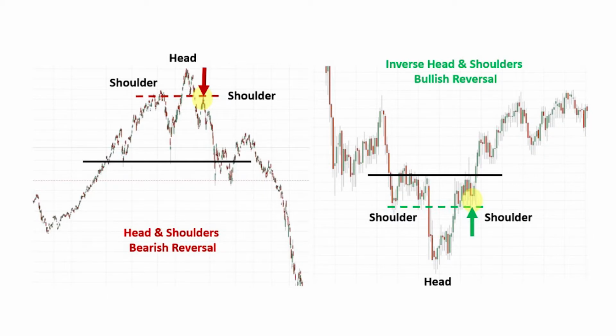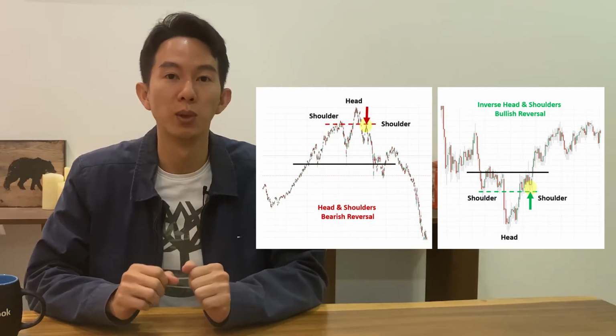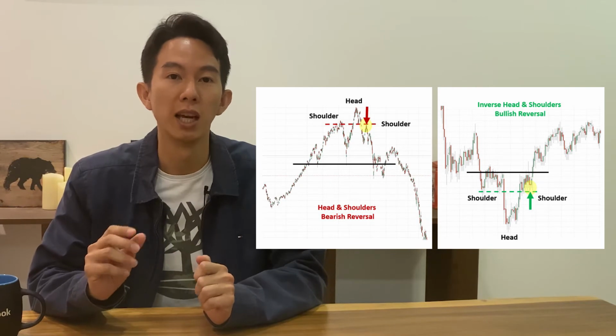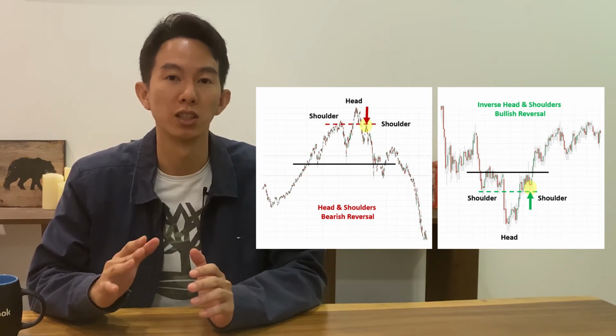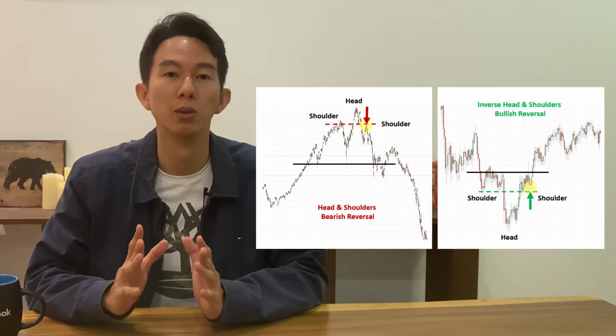For trading, we will look to enter near the point of the second shoulder, keeping an eye for reversal candlestick bars or price action and volume, which signals that the momentum is weakening and it cannot go past the shoulder level. We can then look to place our stop loss somewhere between the shoulder and the head levels. This strategy works best if the price movement to resume the current trend is weak and looks to be struggling just to touch the shoulder level, which suggests that it will most likely not be able to go past.